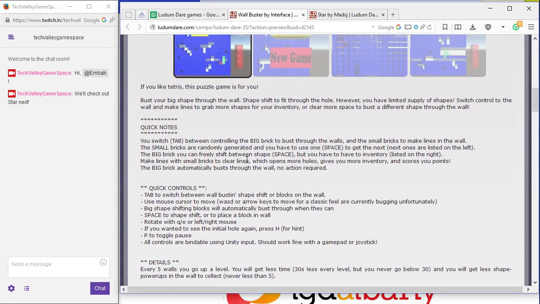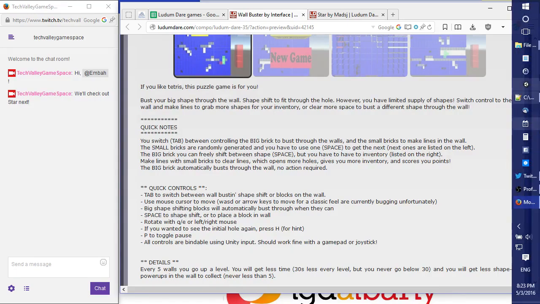Details. Every 5 walls you go up a level. You will get less time, 30% or 30 seconds less every level, but you never go below 30. And you will get fewer shape power-ups in the wall to collect, never less than 5. That was my dramatic reading